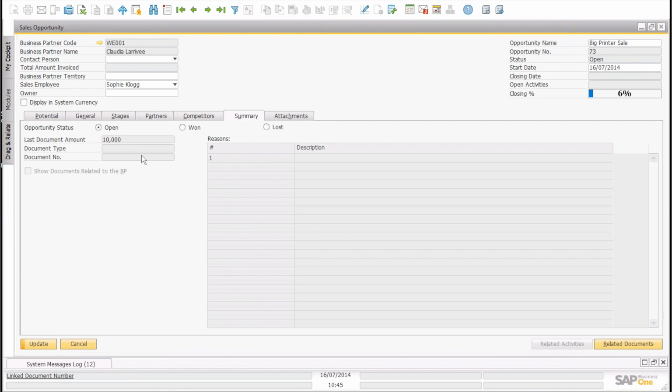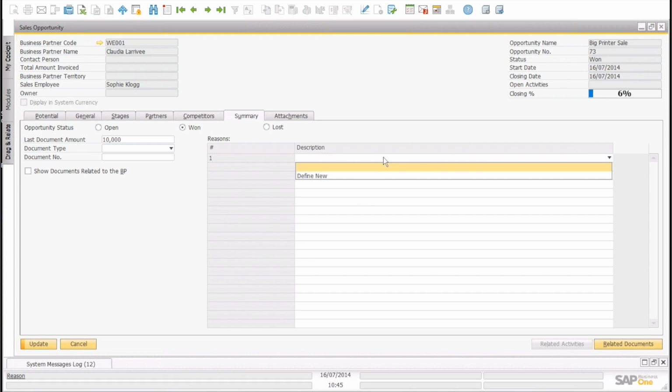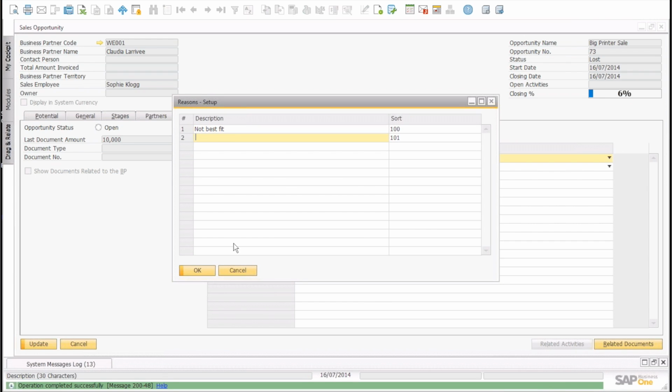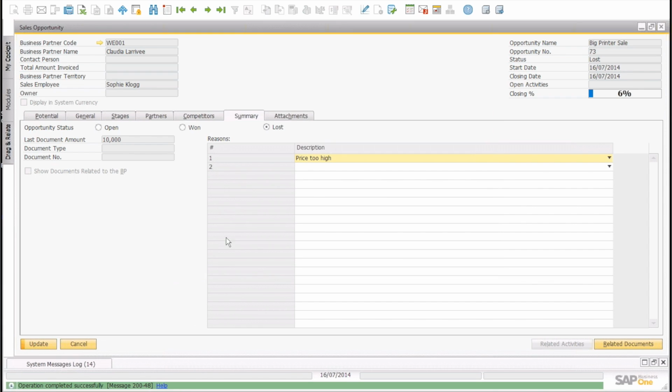Okay, and lastly, the summary tab really talks about what status the opportunity is in. So for the most part, you'll leave this status open, but once the opportunity is won or lost, you're able to mark it won or lost. And when you mark it won or lost, you're also able to define a reason as to why you won or lost that opportunity. So in the case of losing an opportunity, we may say that the reason we lost it was because we weren't the best fit, or price too high,